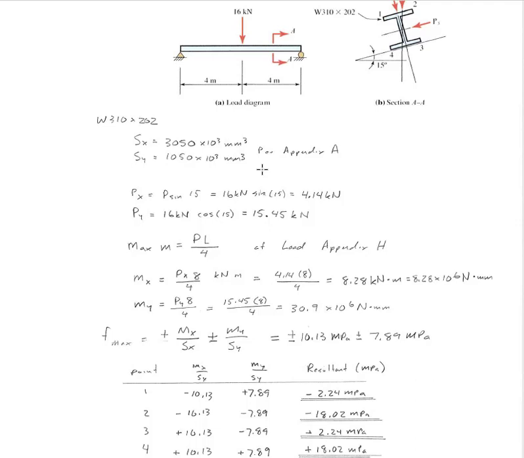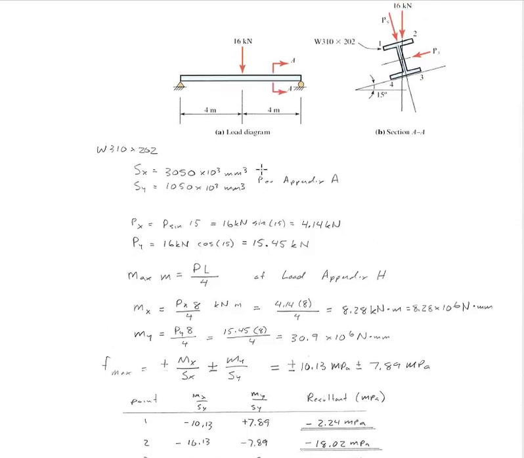Then we're going to calculate what our components are of P in the x and y directions. That's done right here. So we got P sine 15 and P cosine 15. So Px is 4.14 kilonewtons, and then Py is